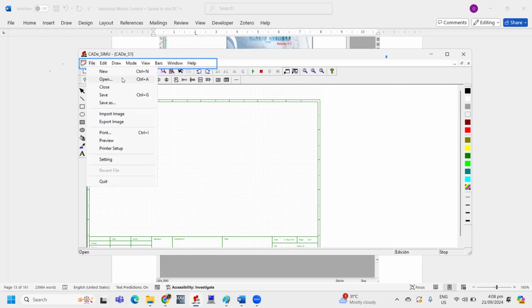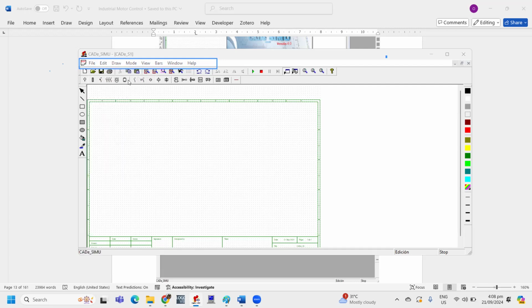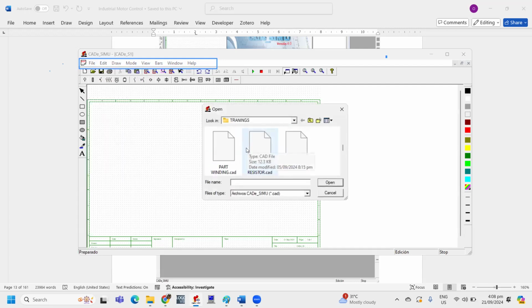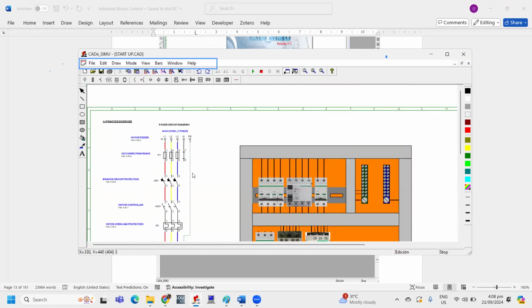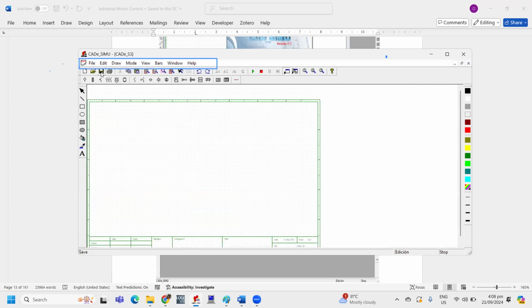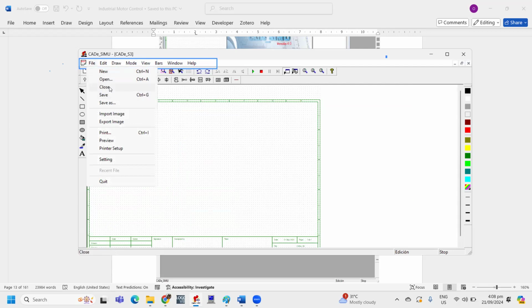If you also have an existing design, for example, I open this and I have a design for this diagram. Say, for example, I create a design like this. You can also open or create a new one. If you want to create a new design, you can create a new. The next thing is close.